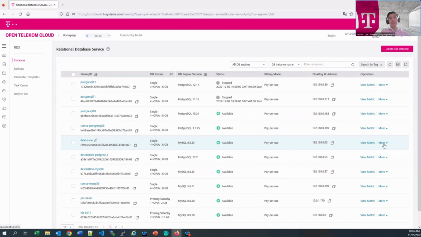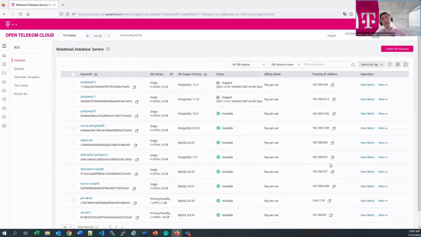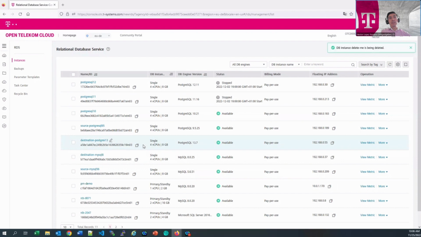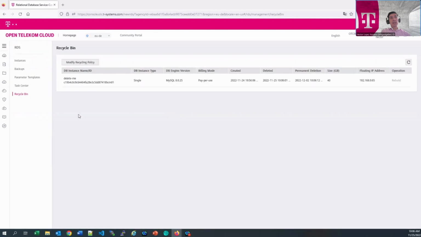You can do this in this way. The way it works, you just select here and you delete the database. Let me say I will delete this database intentionally. When the database is deleted, it will be automatically moved to the recycle bin. In this recycle bin, the database will appear listed here, and then on the recycle bin, sorry, then